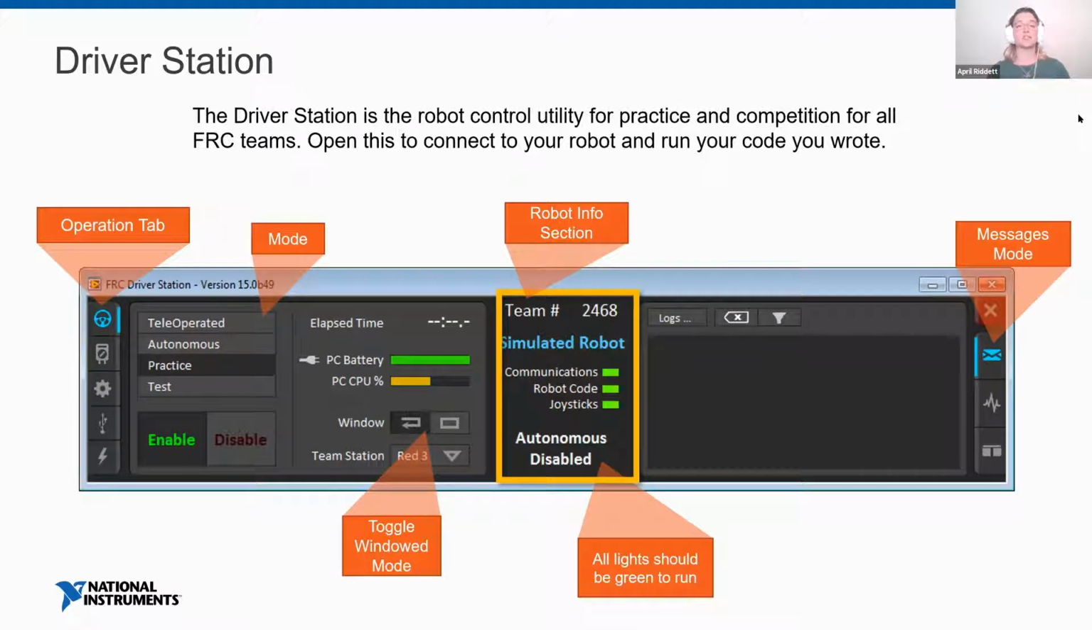What we're going to do is go through the whole driver station from the top, make sure that we have the basics down, and then we'll get into some of the weeds on what we're looking at and how we debug with it. When you open up the driver station, this is what you see. This is it. And so we have 5 tabs on the left-hand side of your screen, starting with the Operation